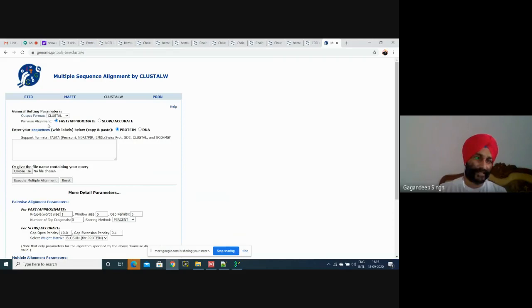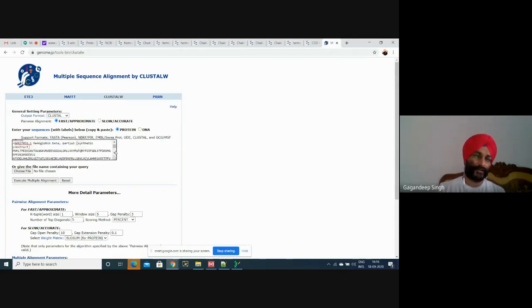This is pairwise alignment, meaning we are selecting multiple sequences. What is the relation between the first sequence and second, second with third, third with fourth? There may be some score. And what is the format? The format is FASTA. Our sequences are protein sequences, so we'll select protein. If we are going with DNA sequences, then we'll select DNA.